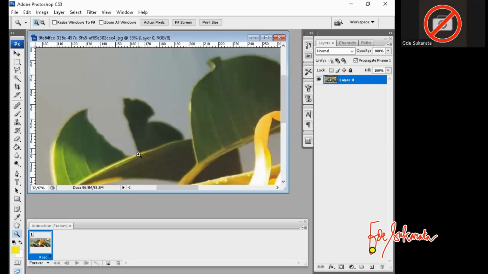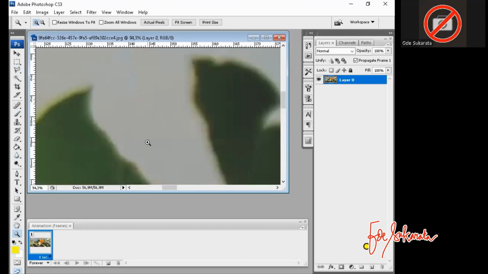Now we try to modify this leaf, to make a complete leaf. We'll try to select it. If we want more detail, we can zoom again. Okay, let's try.